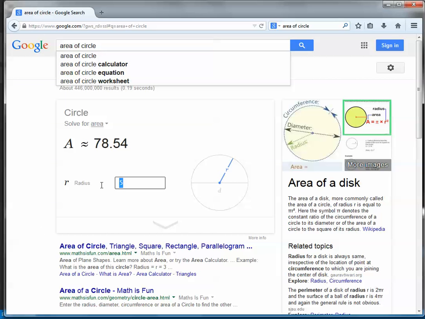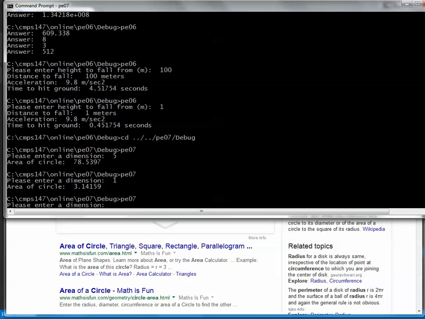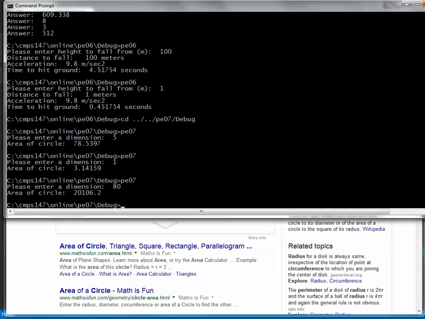And I can actually go through and test different numbers. So if I type in 80, I've got 20106. Go back to my program, type in 80, and I got 20106. Okay, so there's really never any excuse in any situation when you're writing a program to output numbers that are just not right, to make a mistake and not be able to pick it up,